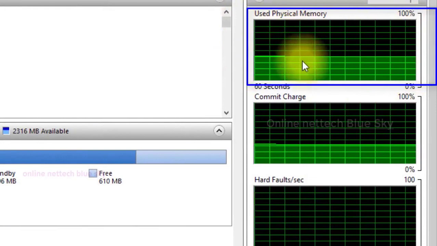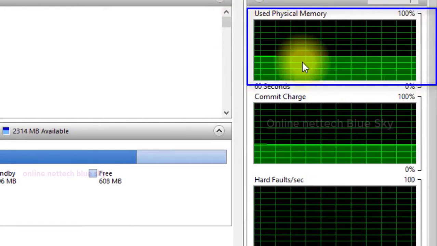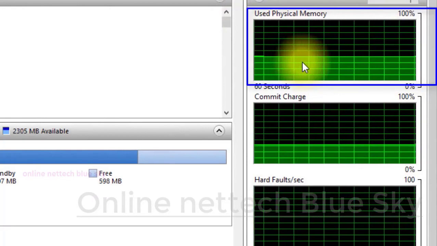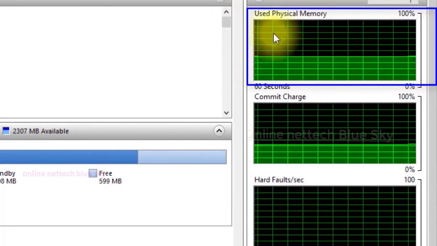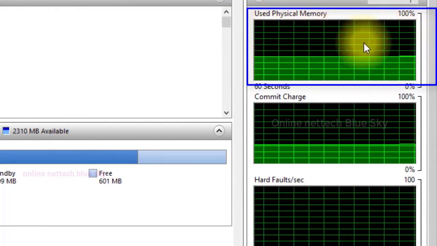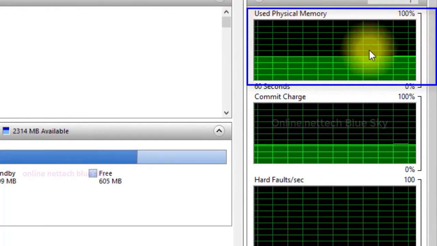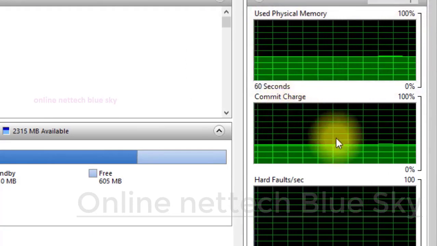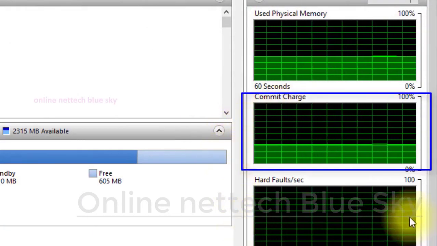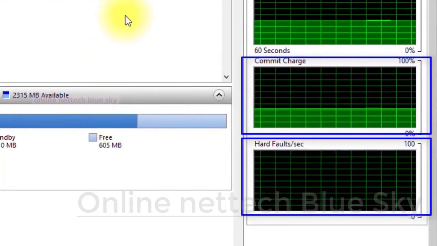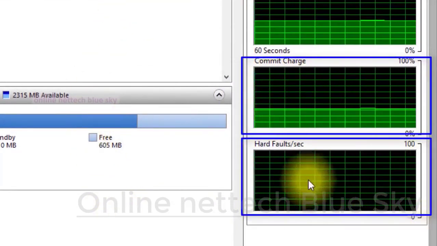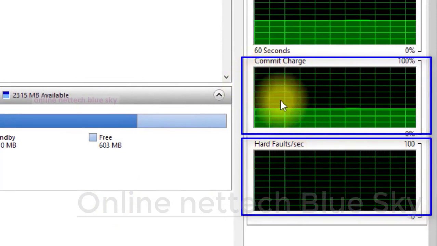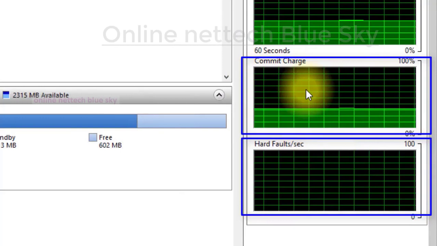You can see used physical memory and different information. The light green area means memory is mostly empty, and very light means the system is barely used. 100% means your system is heavily loaded, with hard faults and memory very busy, and sometimes it stops working. Sometimes your software is not responding.